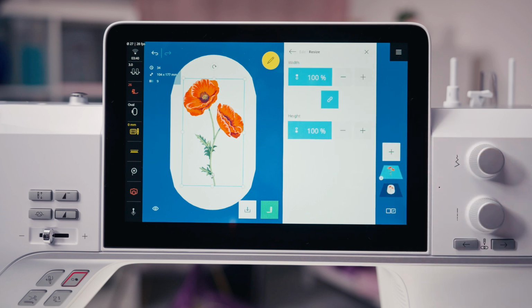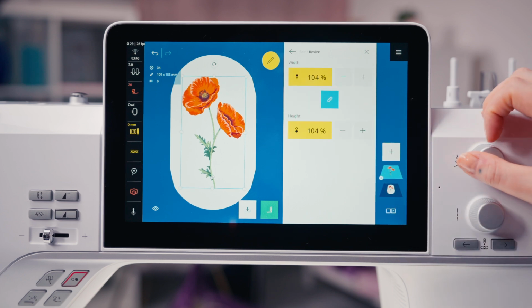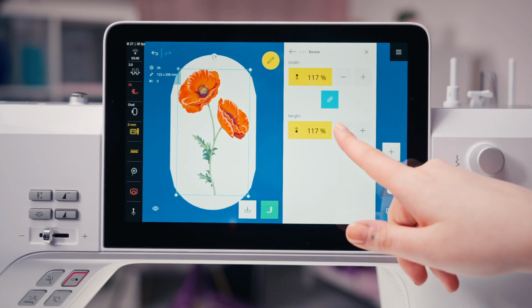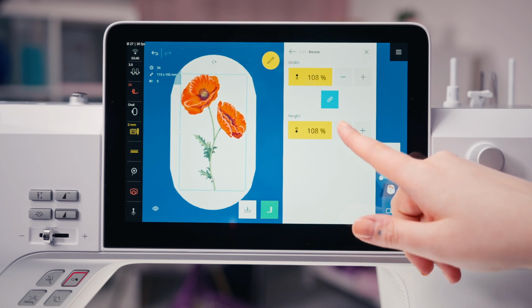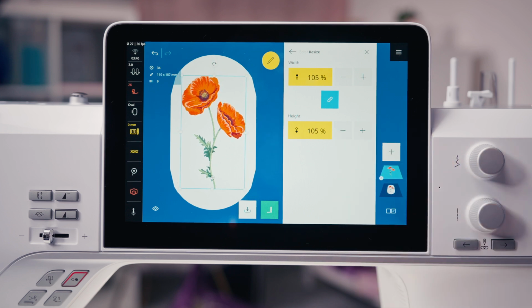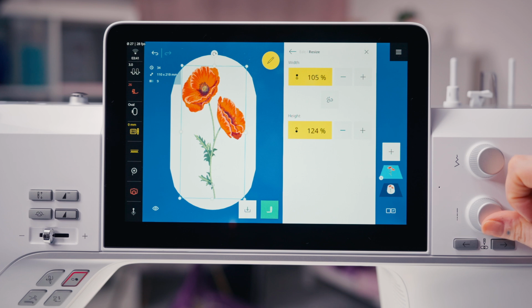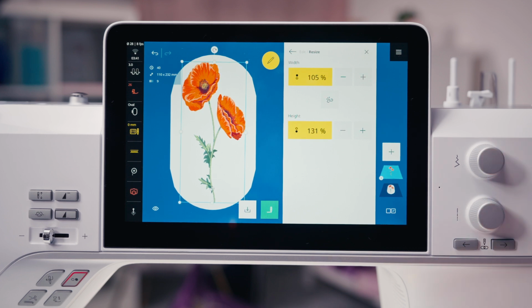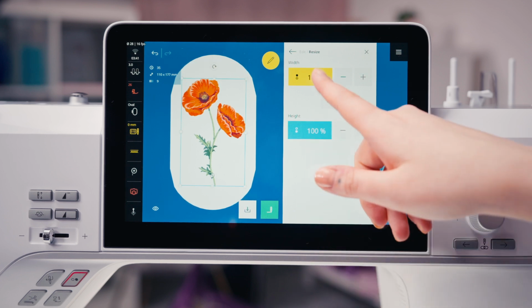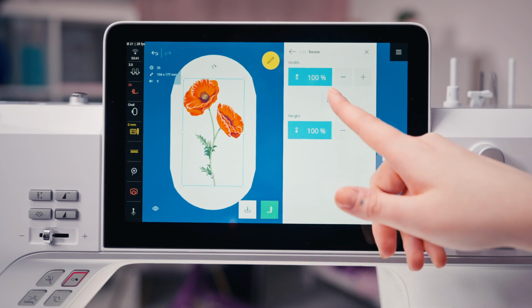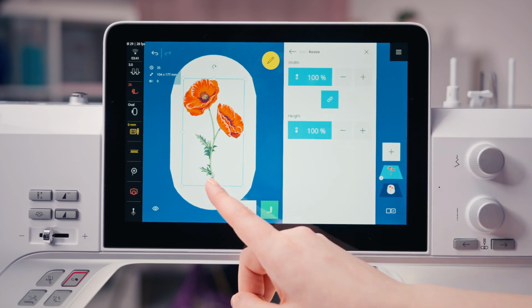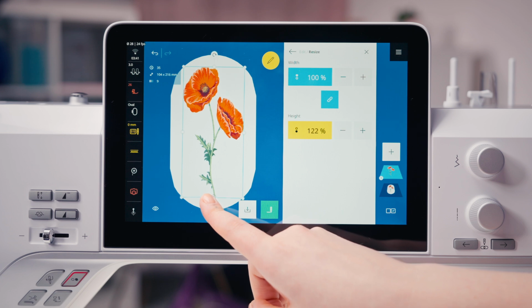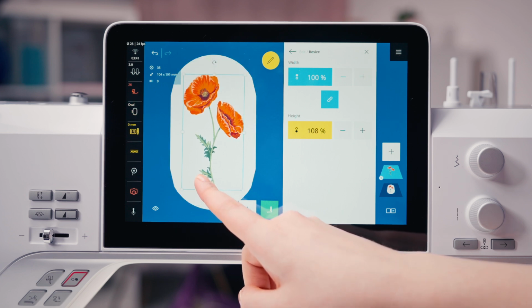Resize also works with the multifunction knobs or the buttons in the Edit menu, either proportionately or non-proportionately. Moving the side points will change the size non-proportionately, and moving the corner points will change the design proportionately.